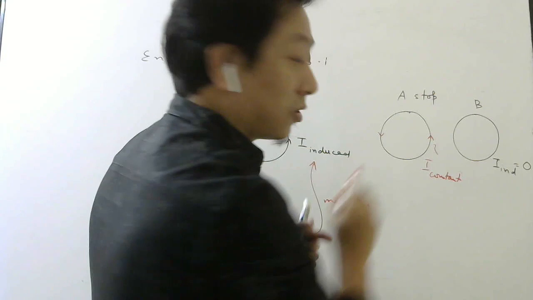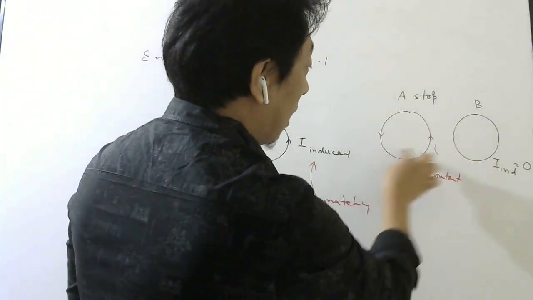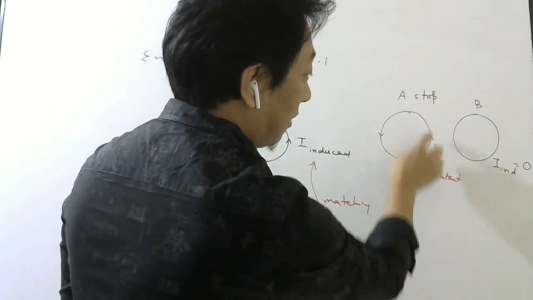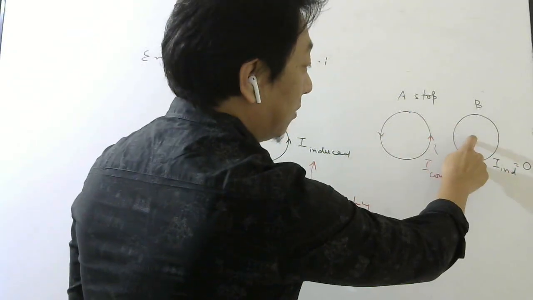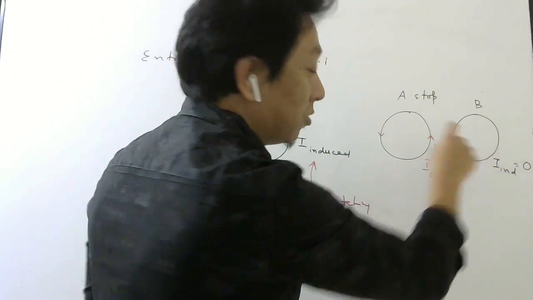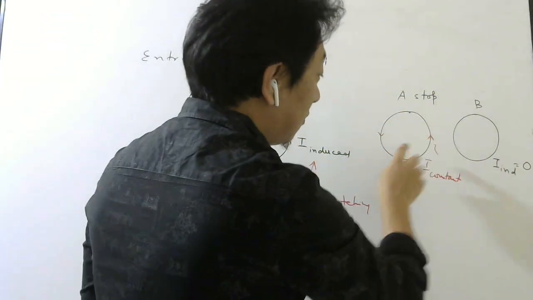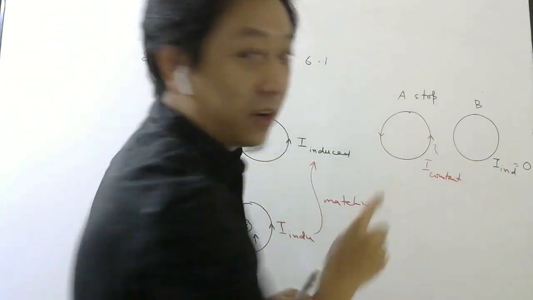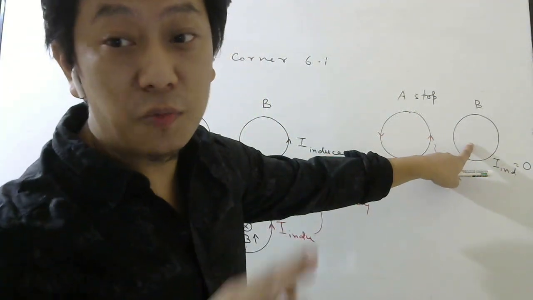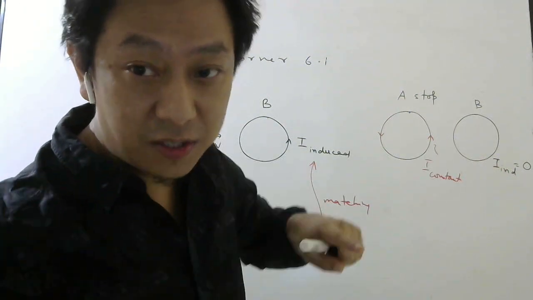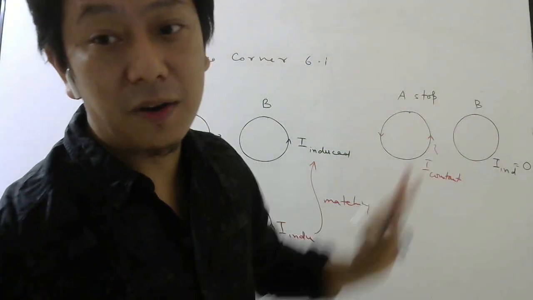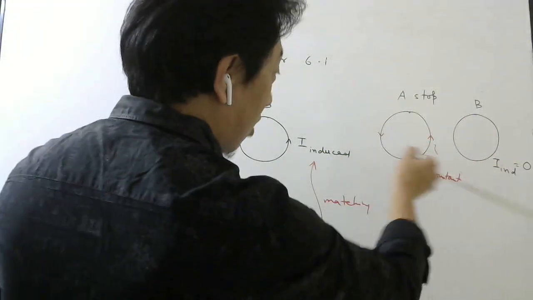So if the current here is constant, and if the wire is stationary, then the magnetic field produced here by this part, I'm interested only in this part, because this part is nearer to this loop. Understood? So if this part carries constant current and it is not moving, then magnetic field here will not change with time. If magnetic field will not change with time, then induced current will be 0. So that is why they gave the second part also. So the answer is current must be constant.